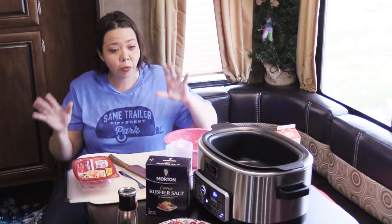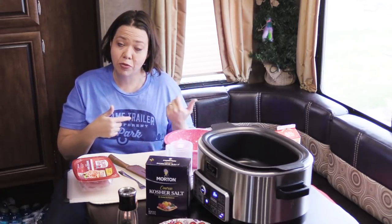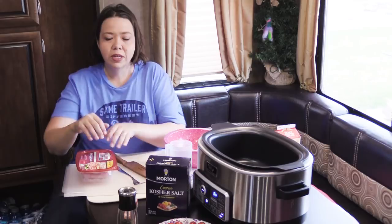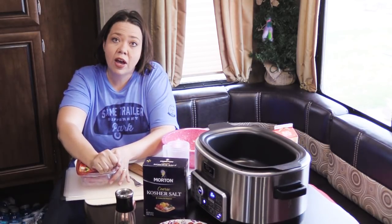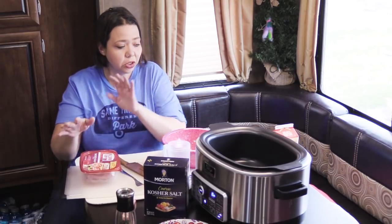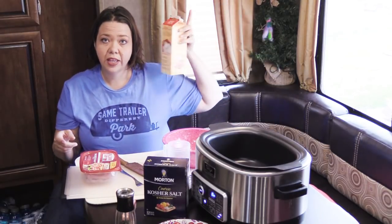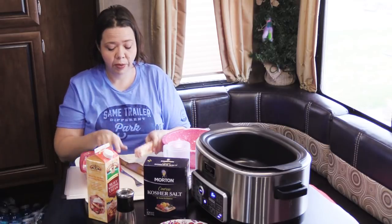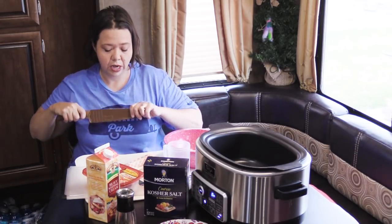So that's, fingers crossed, what we think we're going to be doing today. But before we can do that, I need to get this breakfast casserole cooking while I take a few meetings for my job, and then once we have a yummy breakfast, then we're going to head out and have some fun today. So what you're going to need for this is about 10 eggs, a cup and a fourth of heavy cream, 2 tablespoons of butter, which I'm going to go ahead and get melting in my